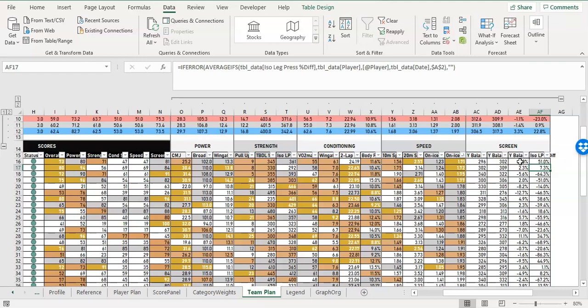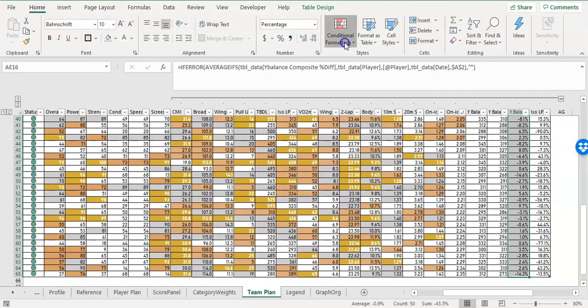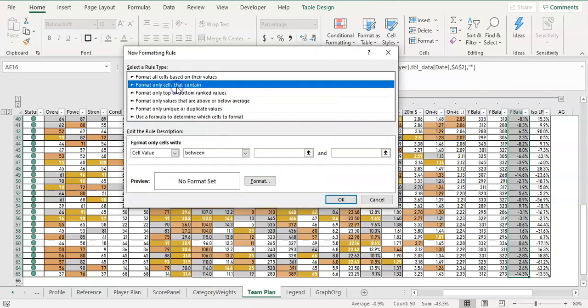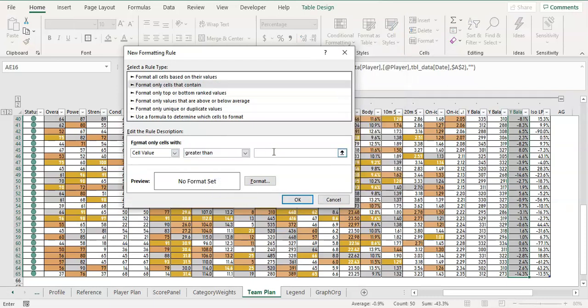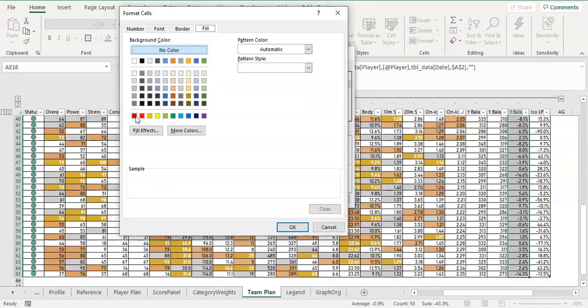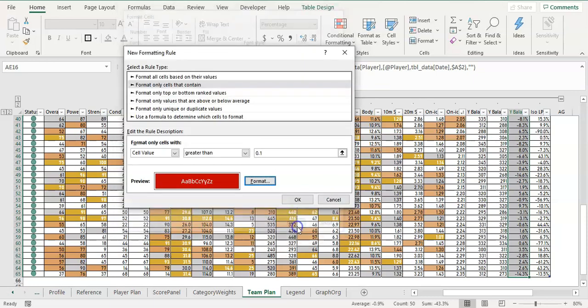So what I'm going to do is select all these, and go to Home, Conditional Formatting, New Rule, and format only cells that contain a cell value greater than 0.1. And let's just format this as, I don't know, if it's a red flag, we can do it however we want, but maybe this is like a big red flag. So the font color will be white. This is a little bit too pungent for me, but it's okay. It's just an example. And if I click OK,